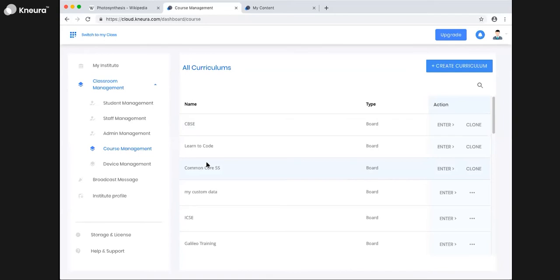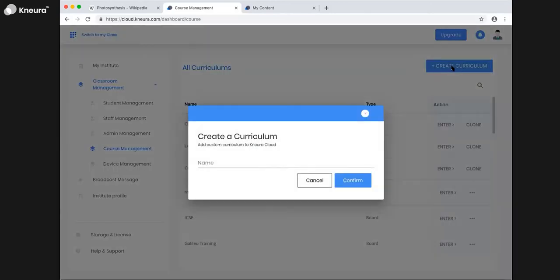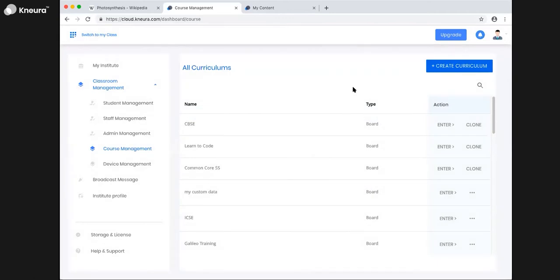You can either use the preloaded curriculum that comes with the platform, or you have the flexibility to modify this curriculum. Let's say I don't want everything out of this. I can cherry pick whatever I want and create my own curriculum, or you can completely ignore all of this. Let's say I have already brought third-party content. So I already have the content, I just want to create it. You just use this create curriculum option, and you can create your classes. You can add class-wise topics, then subjects, then add all the content into that, and you can create your own complete curriculum. I will also show you how a teacher will be able to use this curriculum once you have created it.